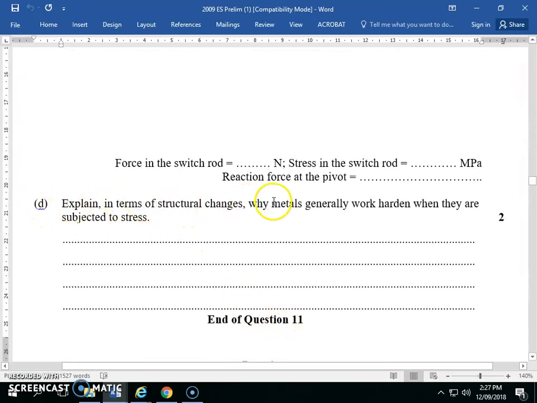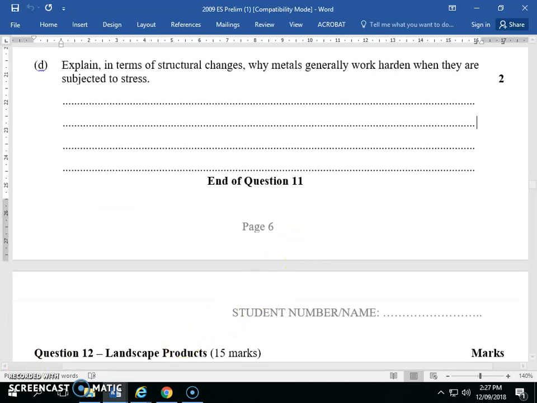Explain in terms of structural changes why metals work harden when they're subjected to stress. We've already discussed that above. More grain boundaries make it harder to push dislocations through the boundary. Okay, so